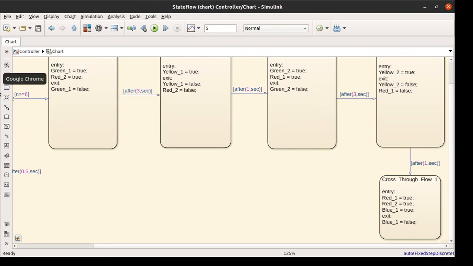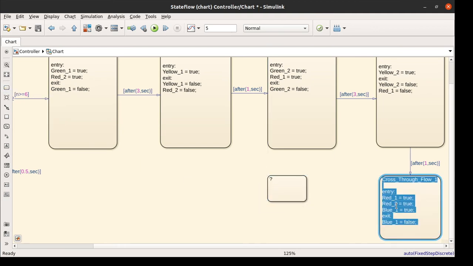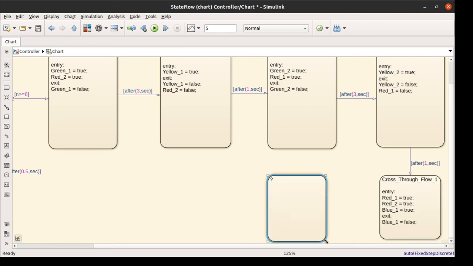Now drag one. Let's go and pick up one more state here. Copy all the logic here. Probably extend it to match the heights.